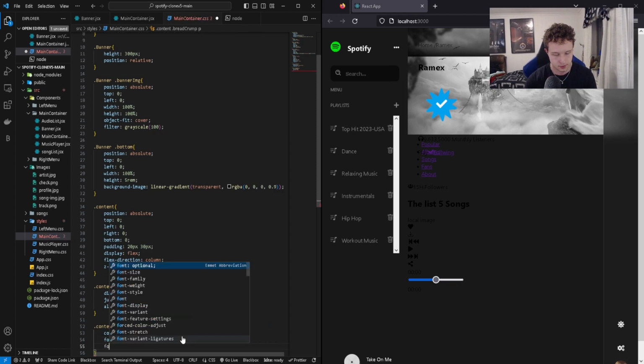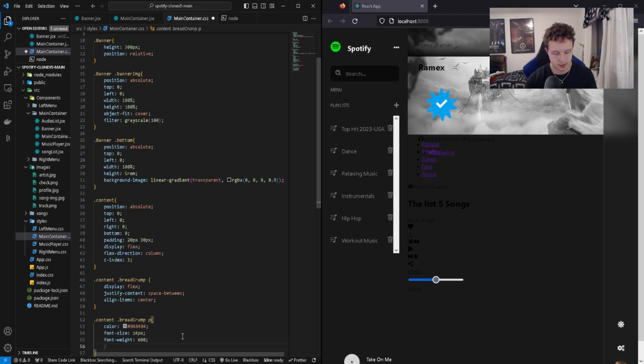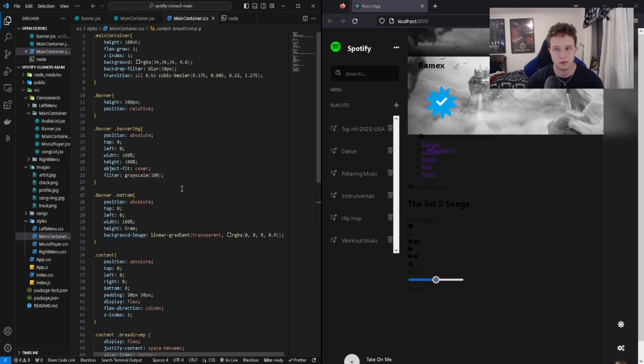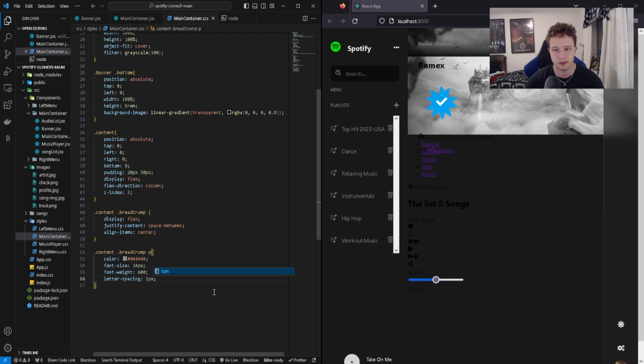and a font weight of 600. We also want to have a letter spacing of 1 pixel. Nice. Okay. Let's see if I missed something. I don't think so. No, I didn't. Okay, nice. So if we go down to the span now, essentially what we want to type is dot